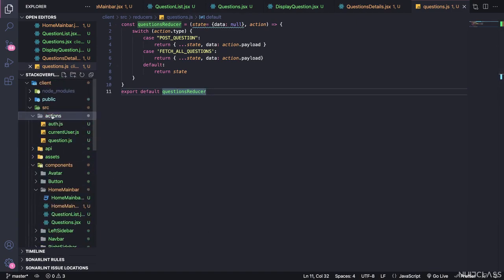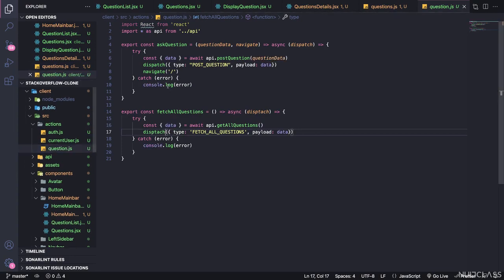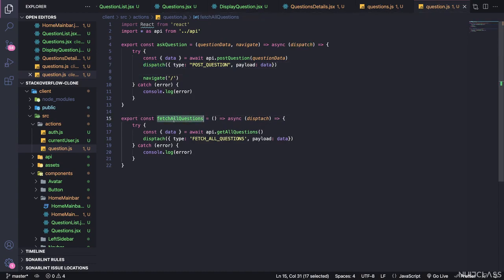In that particular question action, after retrieving the data we are sending it to the questions. We are dispatching that question, but after dispatching that single question, what we can do is dispatch this entire action so that